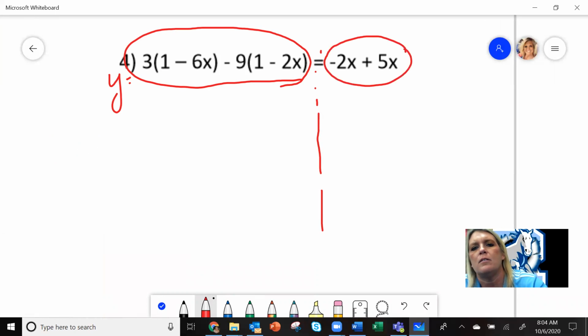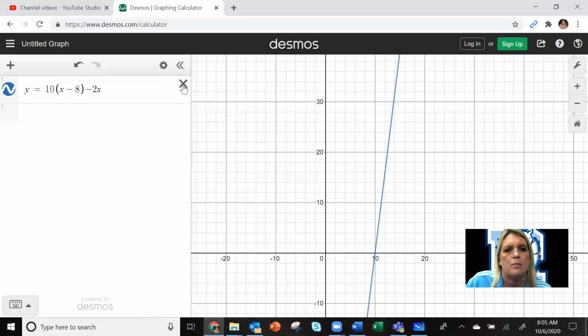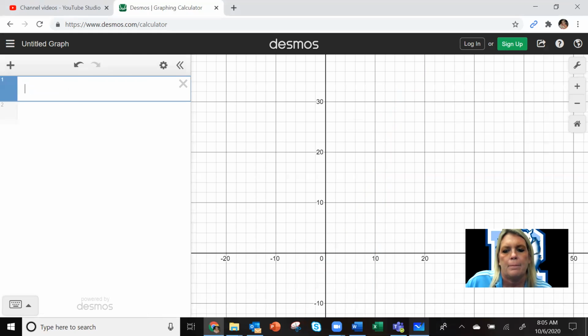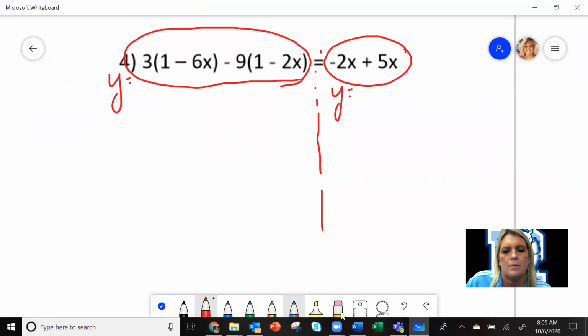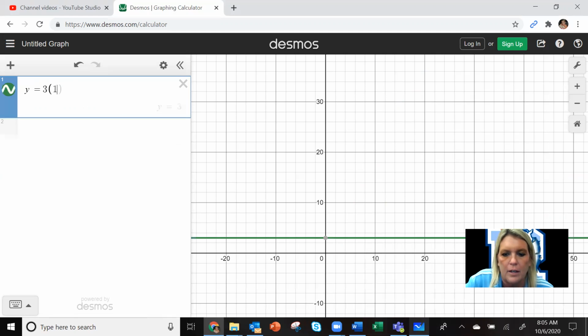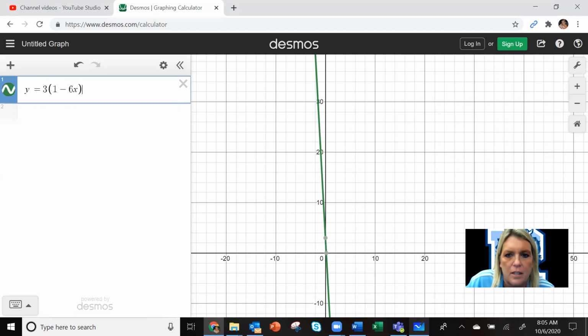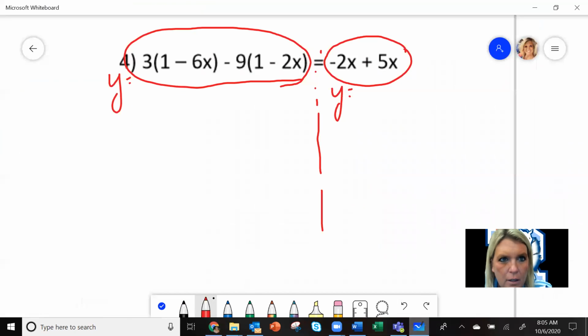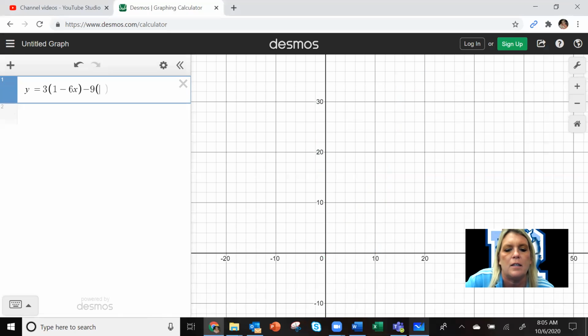Then the right-hand side, y equals. You don't always have to rewrite it, okay? Because I know that as we go along, you're not going to rewrite it. We're just going to put it in the calculator. So go to the calculator, exit out, click in here. Let's put in there y equals 3 times, what was that? 1 minus 6x, I think. I hope so. Yeah, 1 minus 6x, and then minus 9 times 1, minus, let me double check,